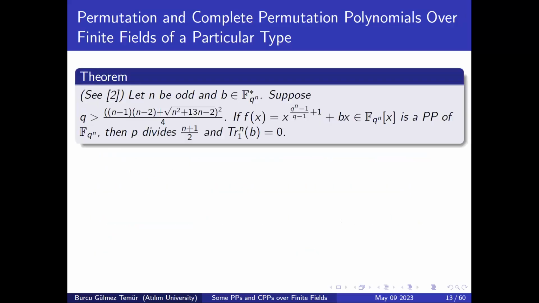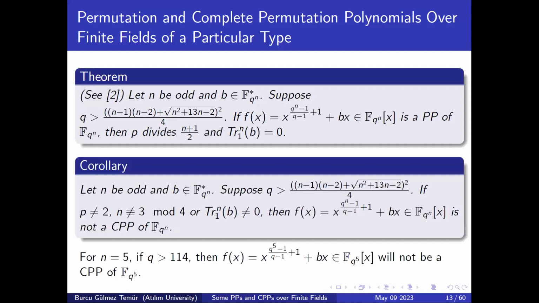This is a result of Bartoli. They say if n is odd and b is in F_q to the power n star, and suppose q is greater than this number, then if this f is a permutation polynomial, then p divides (n plus 1) over 2, and moreover, the trace of b is 0. And it has a corollary. We use this corollary actually. Let n be odd. Suppose q is greater than this huge number. If p is not 2, n is not congruent to 3 mod 4 or trace of b is non-zero, then f of x cannot be a complete permutation polynomial. So,